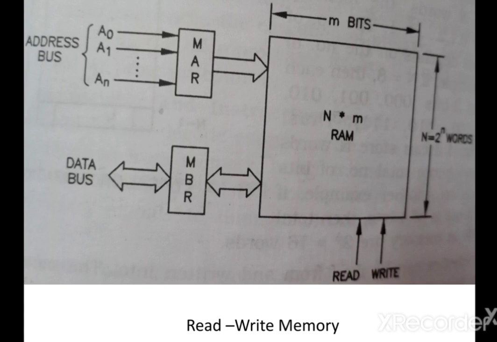The memory address register is connected with the address bus of the microprocessor. It is a unidirectional signal because it's connected with the address bus. And next, the MBR, that means memory buffer register, is connected with the data bus of the